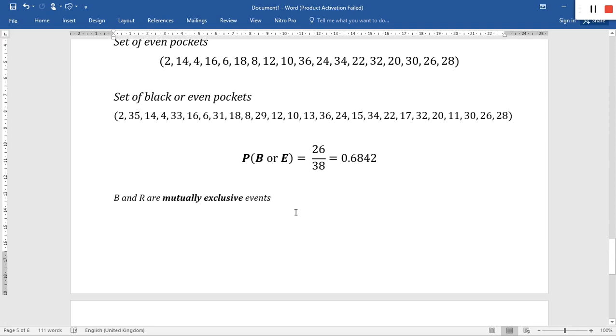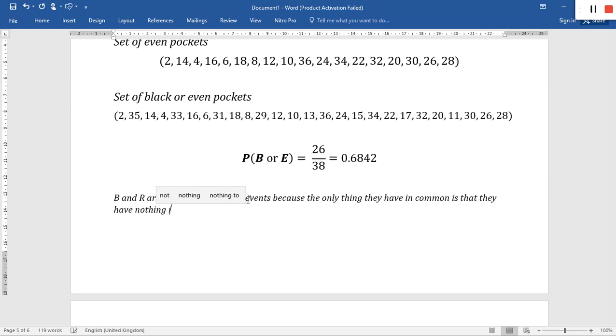So B and R are mutually exclusive events because, let me take note of that, they are mutually exclusive events because the only thing they have in common is that they have nothing in